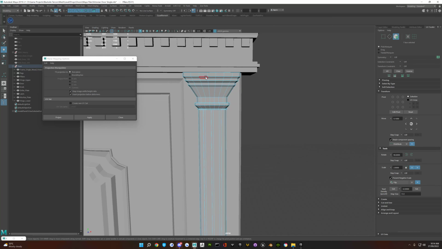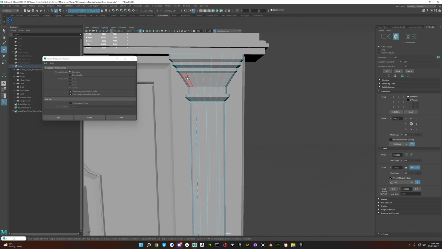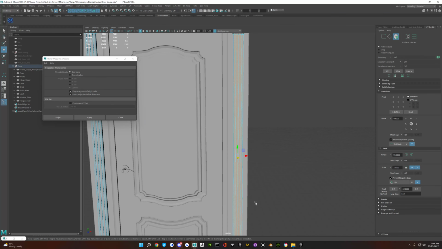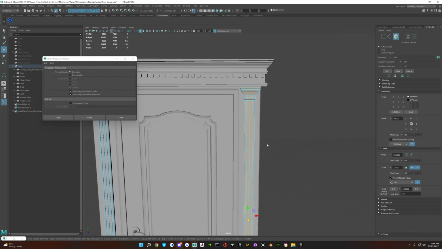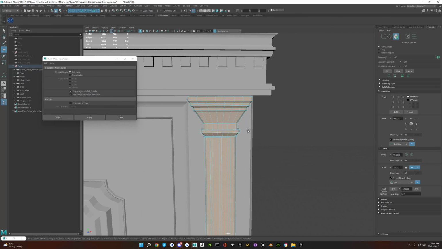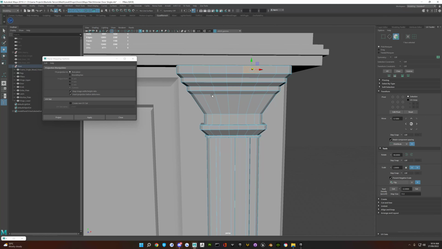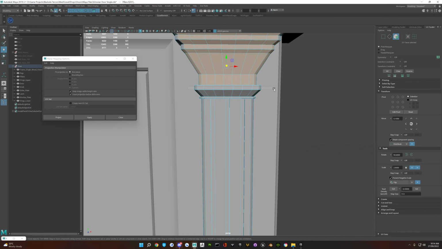If this wasn't wood, say this was stone and one whole thing, because stone is generally one whole piece, I would select all of the faces on the front. So all of these, for instance, I'll just highlight it so it looks like it. All these front faces, and I would do it as one whole piece as opposed to wood. If it was wood, I'd have to look at these as individual parts. So for instance, this whole thing here would be one piece. This section here